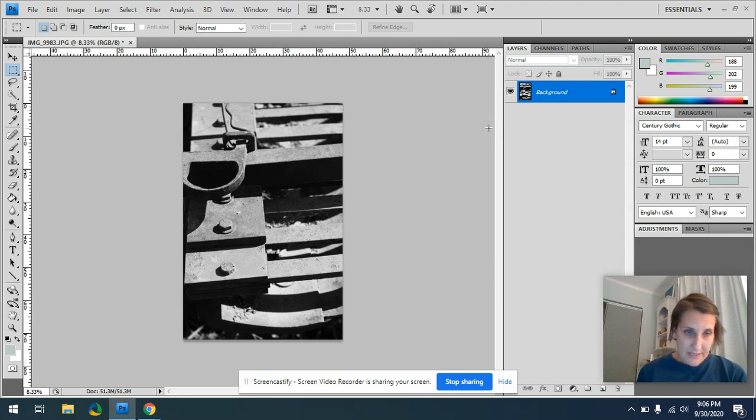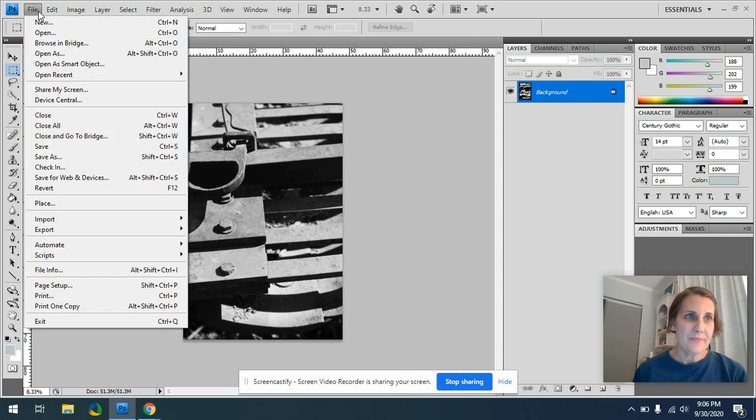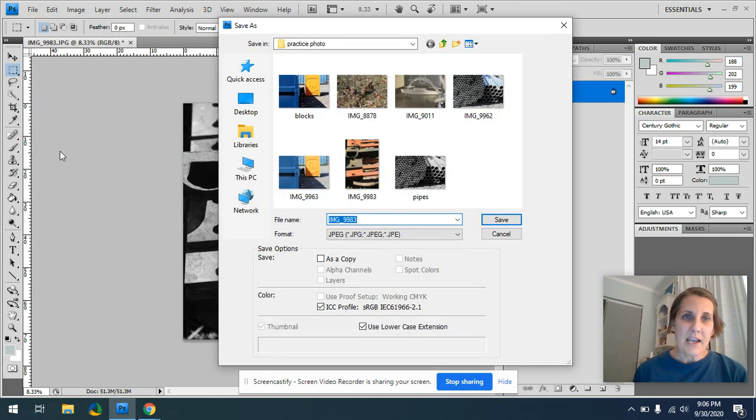So this image to me looks pretty good. It's pretty contrasty. It's attractive. It draws the attention of the viewer. You can see the detail in the mid-tone areas. So I would, at this point, save my image. I'm going to go to File, and I'm going to go to Save As, because I want to have my color version, but I also want to have my black and white version. So I'm going to name this